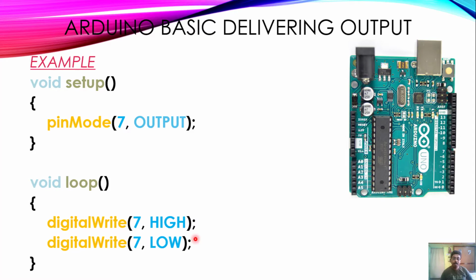This is the basic program to deliver an output from a pin of an Arduino. If you need to use some other pin such as the 4th pin or 3rd pin, you need to define 4 instead of 7 over here, and you need to change digitalWrite to 4. If you need both pins, you can add two more statements, pinMode(4, OUTPUT), and you can also add a few more statements, digitalWrite(4, HIGH) or LOW, depending on your code or your program.